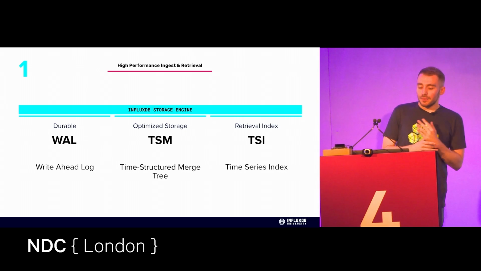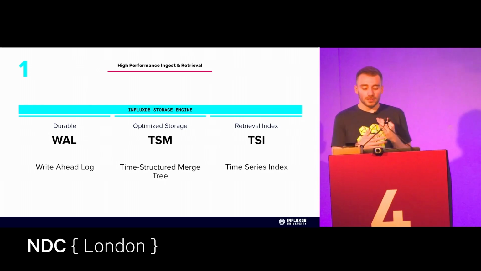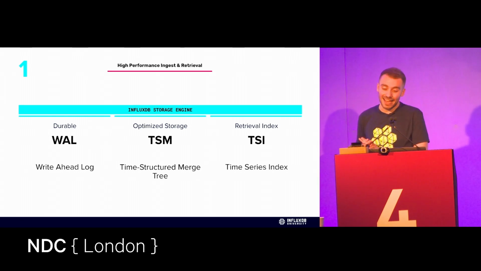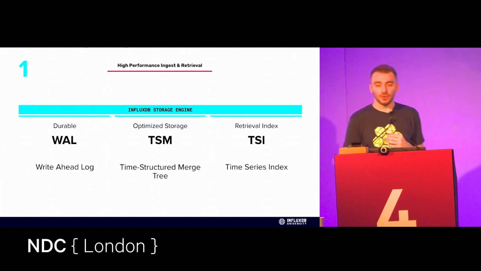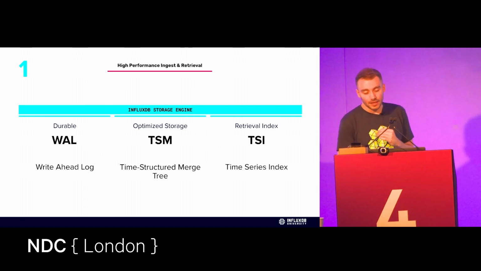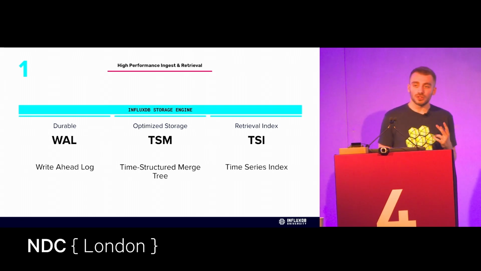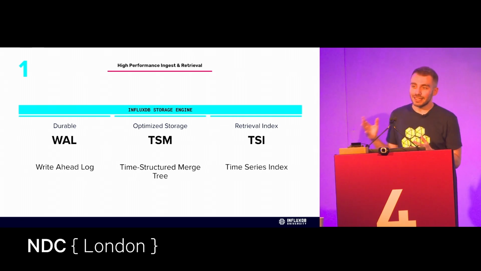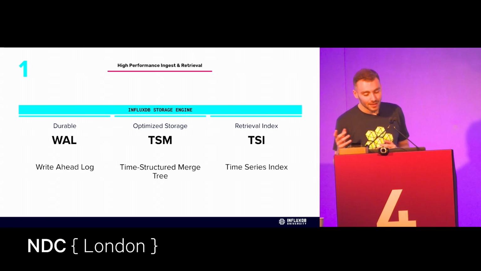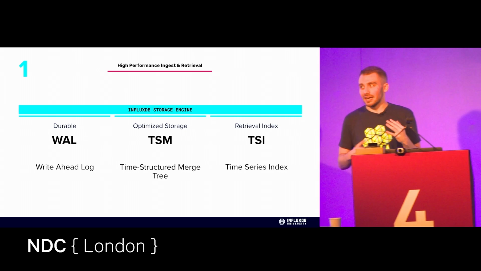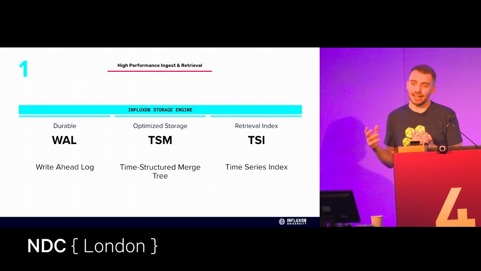The way we deal with that with the TSI is all of our time series data, all of our data series points are indexed. The index points are the timestamp and the tags. The idea of the time series index is you want to be able to answer 2 questions. What measurements and tags and fields exist? Given a measurement and tag, what is the series keys? In this case, it's normally the tags and the measurements.